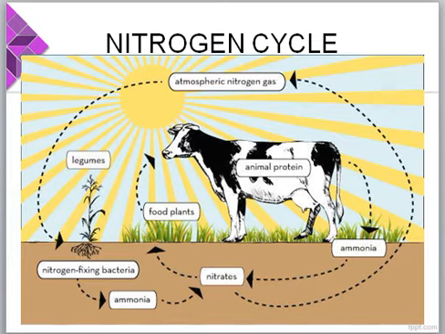That means it will be consumed by the plants, and the plants will be consumed by the animals to form their own specific proteins. The fourth stage is the ammonification, wherein the organic nitrogen compounds are converted into ammonia